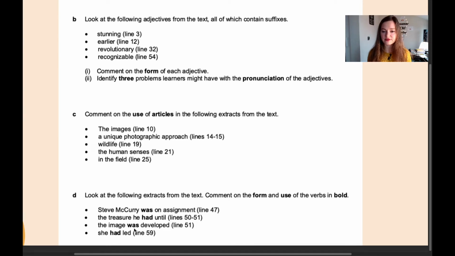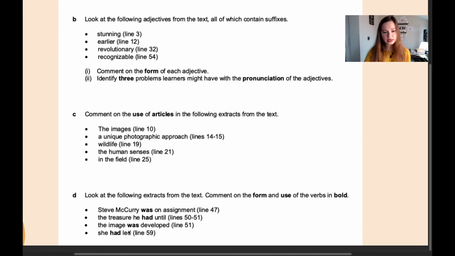The image was developed, so we need to comment only on one word, was, and as we can see again, this is the irregular past form of the verb to be, and it is used with the singular noun, the image. It is a part of a passive form, was developed,